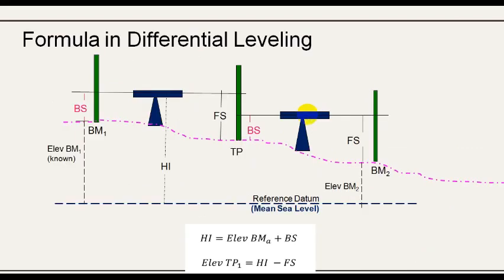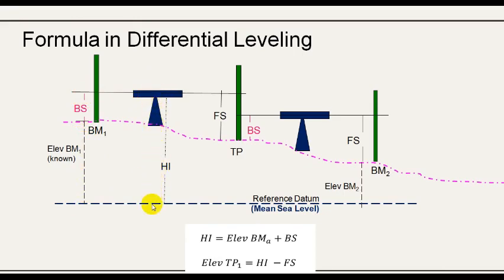So, the formula that we'll be using in computing differential leveling. First is HI equals elevation of BM plus backside. So, to determine the elevation of your line of sight, ang benchmark nimo, which is a known elevation, from mean sea level to your ground, known siya ang iyang elevation, plus backside, makuha nato ang height of instrument